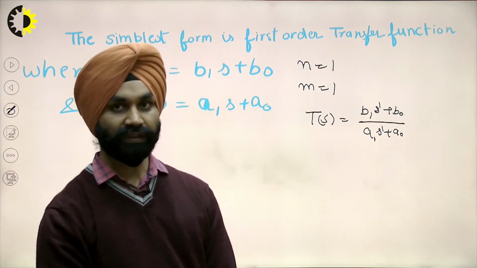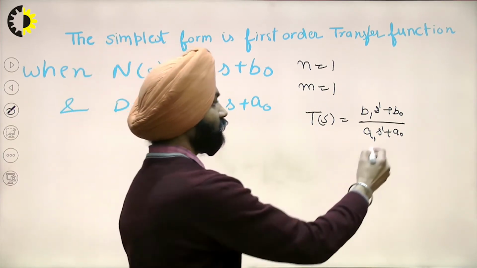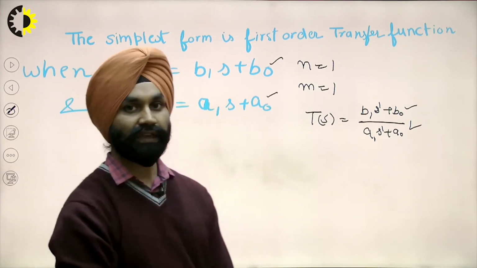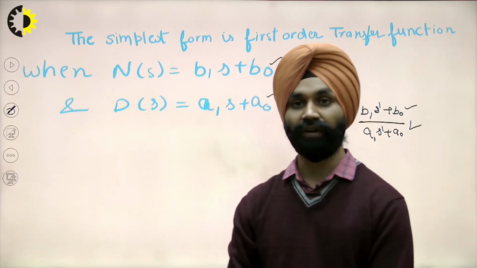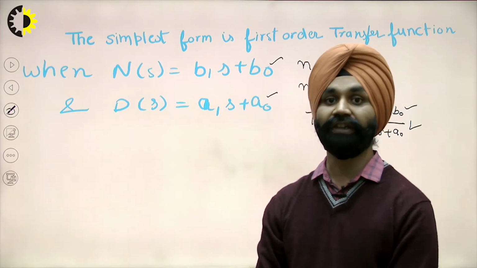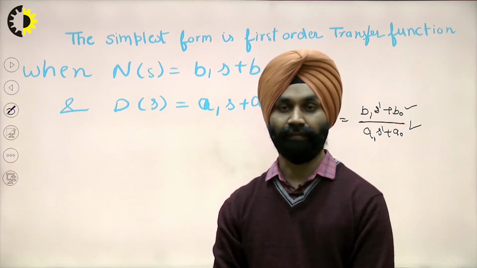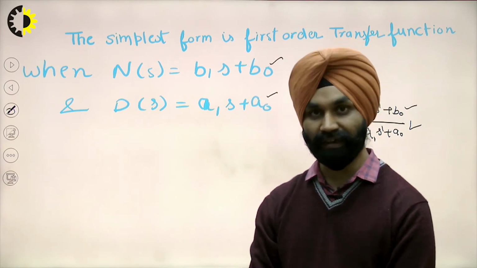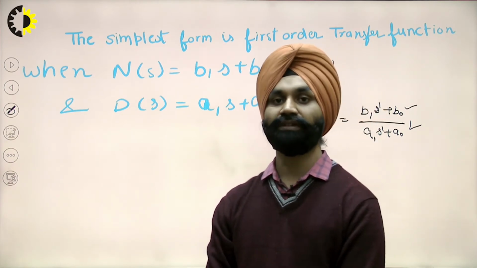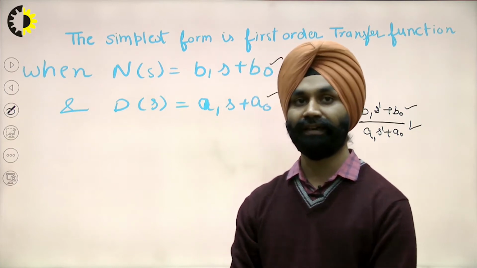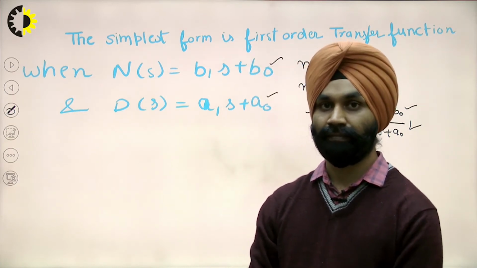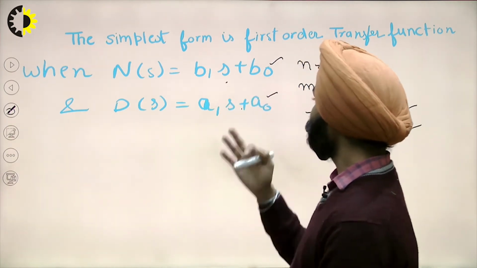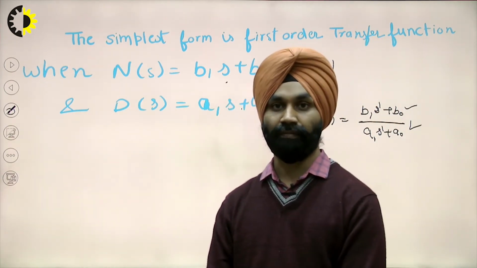Now, if you can see, these are two equations in linear form. This is a transfer function containing two linear functions, a linear function in the numerator and a linear function in the denominator. So this function is known as a bilinear transfer function, where the two equations are in linear form.